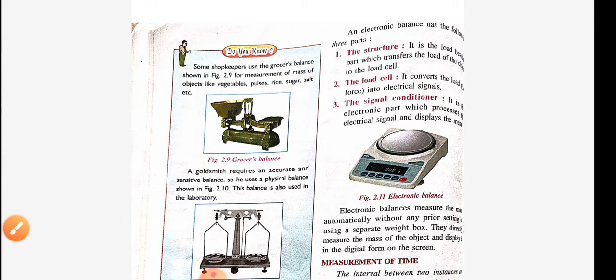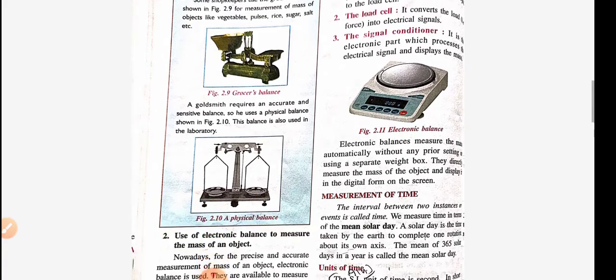Okay. So electronic balance measures the mass automatically without any parallax setting or using a separate weight box. They directly measure the mass of the object and display it in the digital form on the screen. And it is very simple to use. Means हम इसको बहुत simple way में use कर सकते हैं. Okay. Now the next topic is